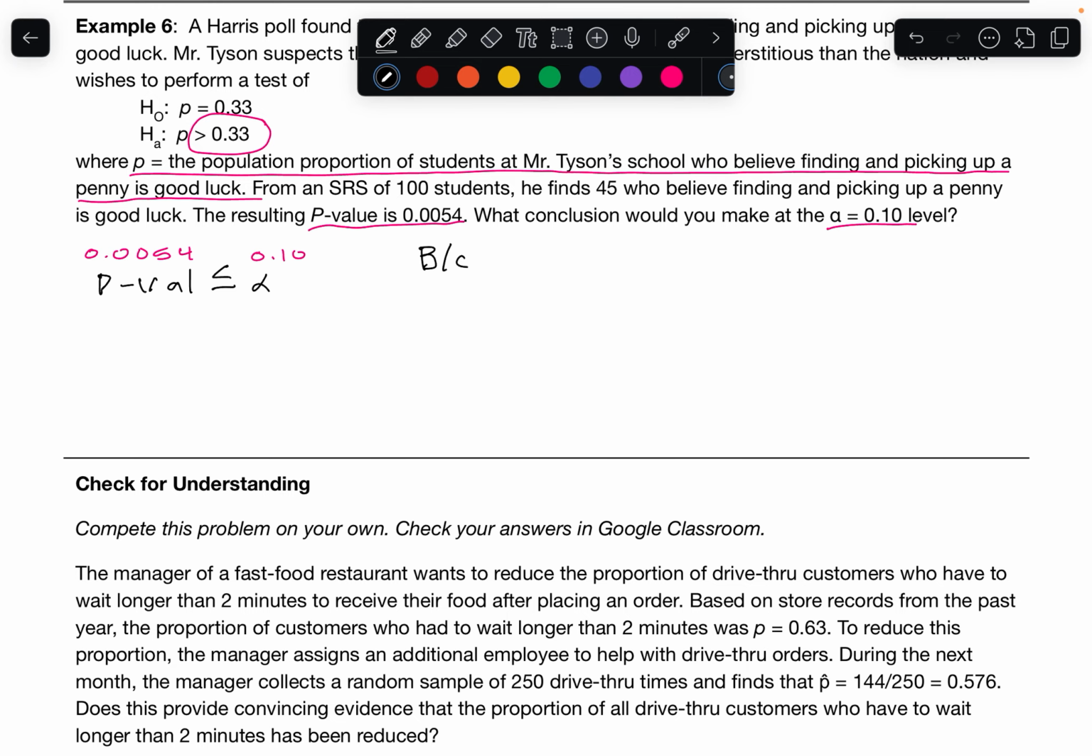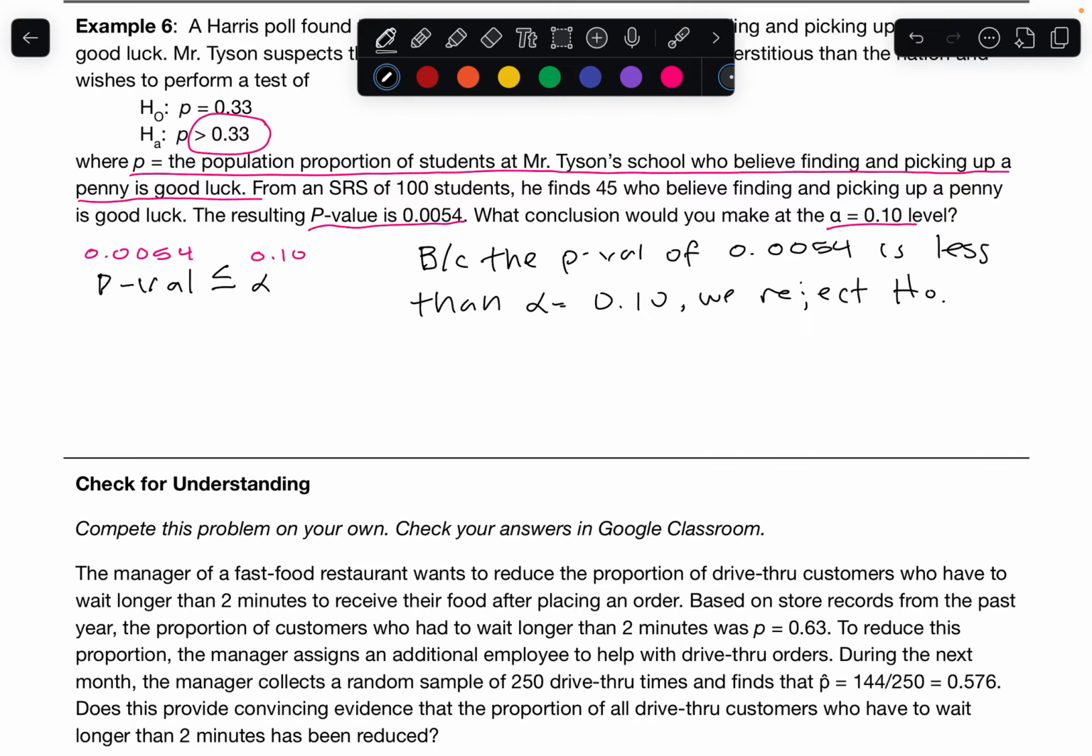So because the p-value of 0.0054 is less than alpha equals 0.10, we reject H0. So that's the first sentence, making a statement about the decision for the null. And then we make the statement about the alternative. Since we reject the null, there is convincing evidence for the alternative. So there is convincing evidence that